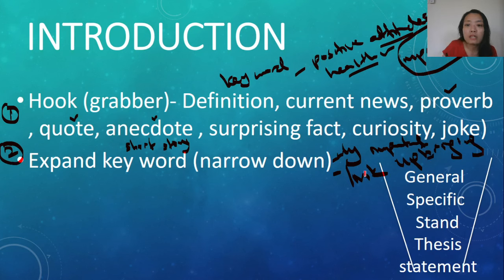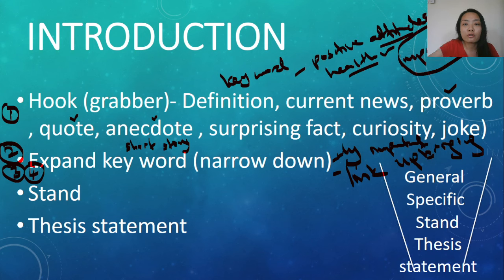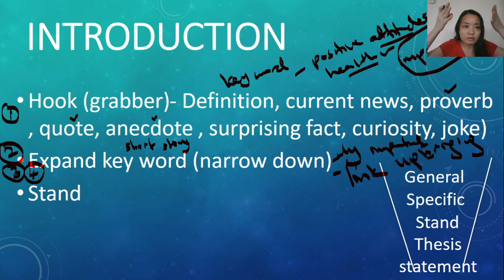Okay, so you relate it to upbringing. So you keep narrowing it down. And then finally, put your stand. So for this second bullet here, expanding on the keyword and narrowing it down, this one can take about 2 or 3 sentences. Or you can even go up to 4 sentences. It's up to you how much you want to talk about in order for you to narrow down